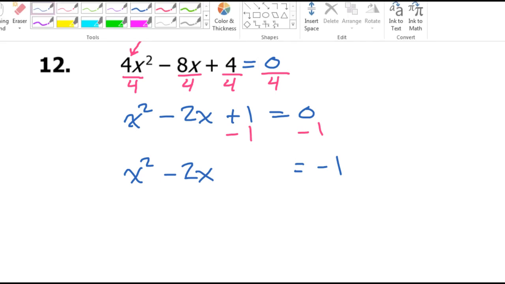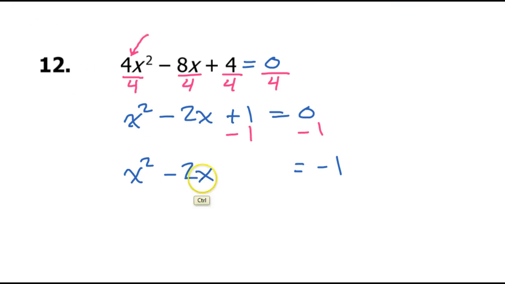Now it's time to complete the square. So I'm going to go half of the middle, and then I'll square it. So half of this is the number 1. And then if I square that, that's the number that completes the square, half the middle squared. But 1 squared is still 1, so I'm going to put a plus 1 here. And I'm not going to forget,